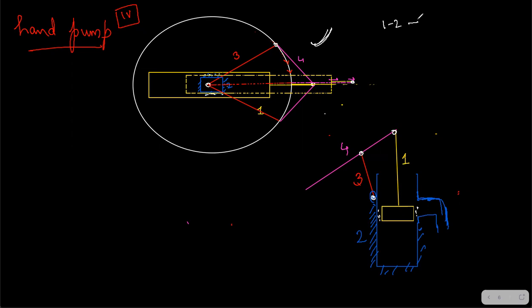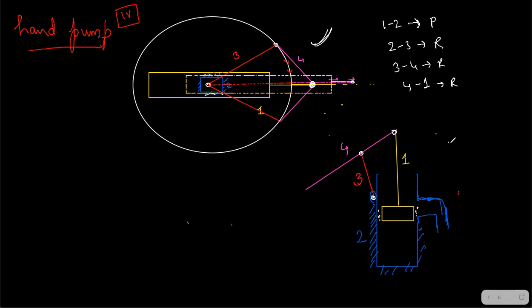Between 1 and 2, I have a prismatic pair P. Between 2 and 3, I have a revolute pair, right? 2 and 3 means this blue one and this red one, revolute. Between red and pink, 3 and 4, revolute. Between 4 and 1, was it revolute here? Yes. Between 4 and 1, it is also revolute, right?